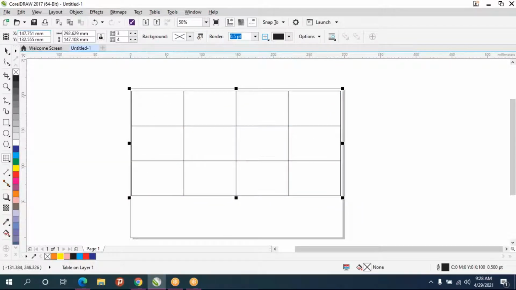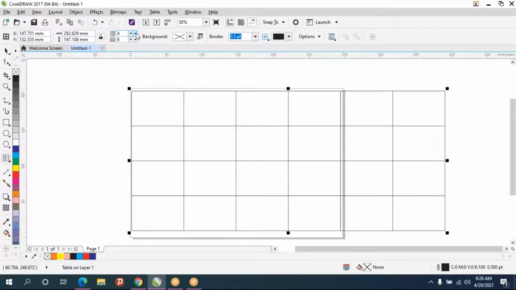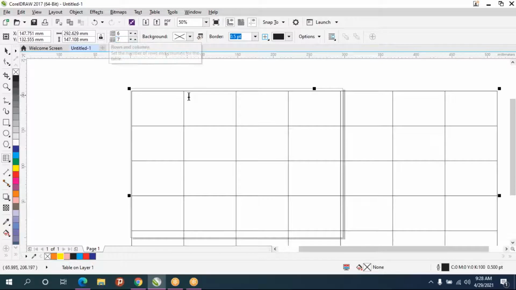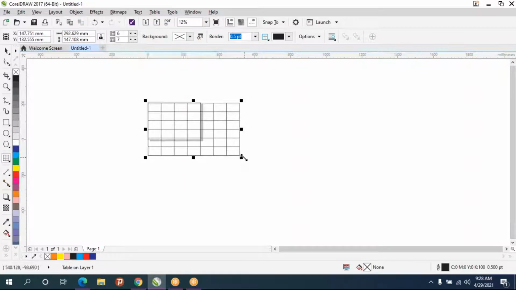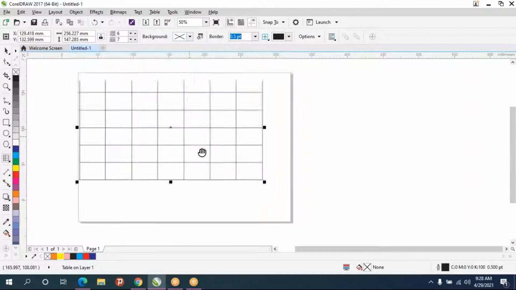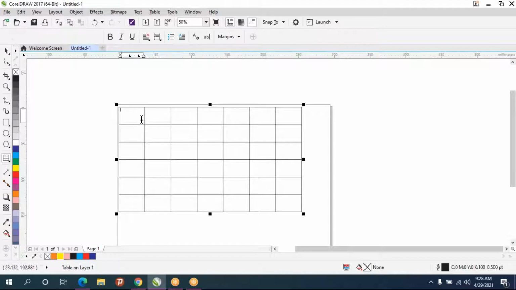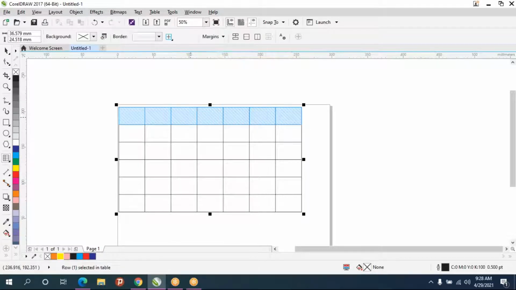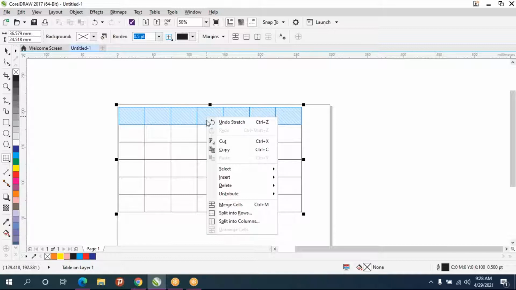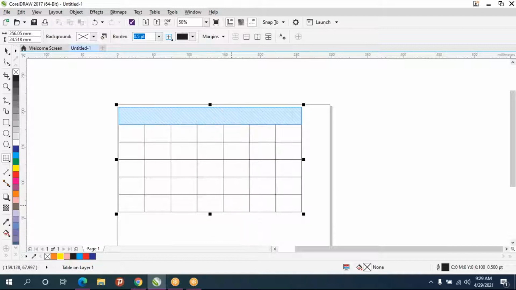and before creating the table you can increase the number of sides, or after creating the table also you can, by selecting the table. And always you can adjust width and height here itself, or else you can adjust from the corner. And we can type normally how you are typing in Word or Excel. Same thing you can type, and we can select the cells and right click on that. We can do merge cells.